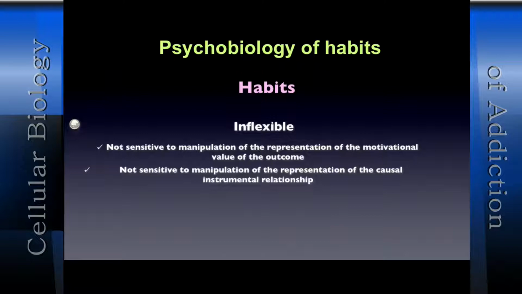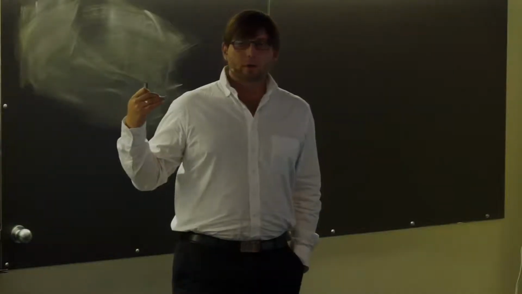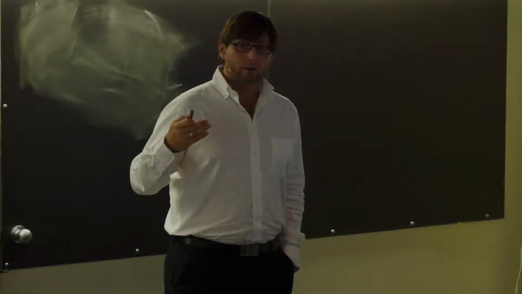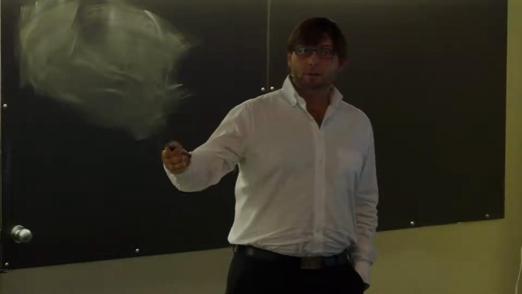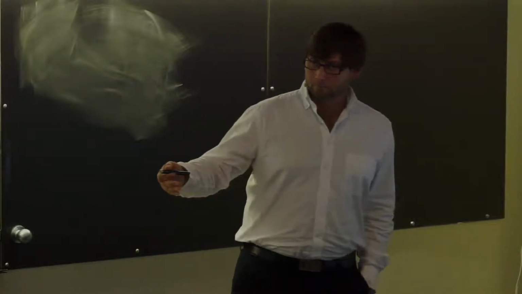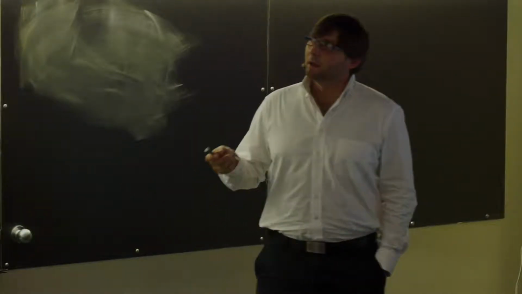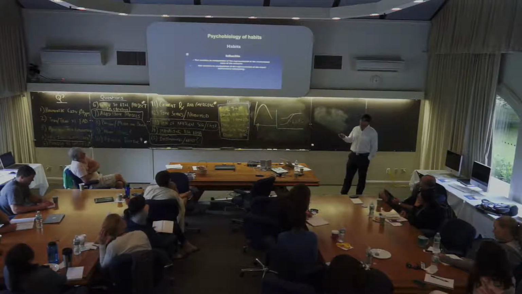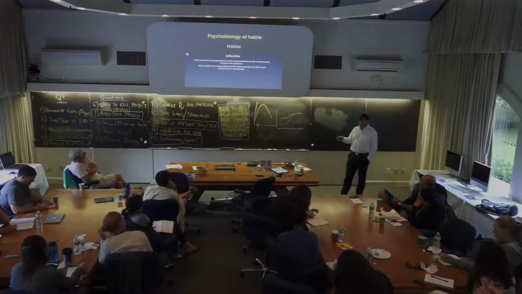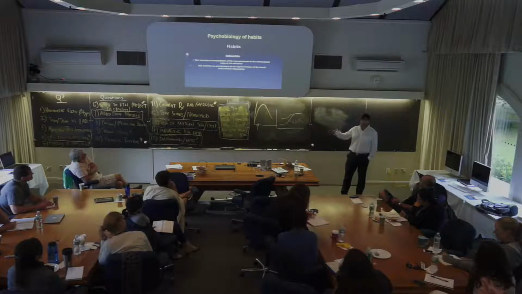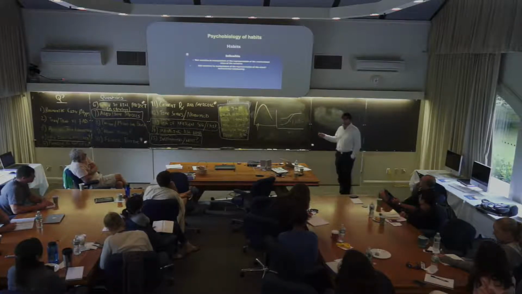If my behavior is habitual, because it's been initiated by stimuli in the environment and it's not self-initiated, I have no representation whatsoever, before I do my action, of its consequences. Okay? Which means that now, if I want to know whether a behavior is habitual or not, I've got to play with the subject's representation of the consequences of its behavior. Right? How would I do that in rats?